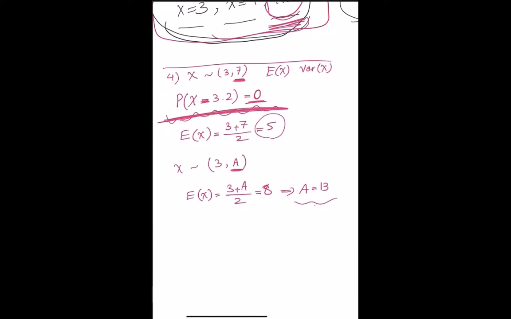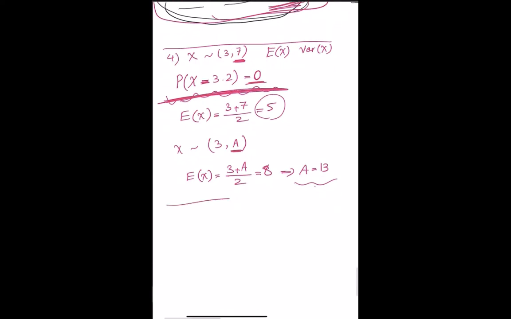What should be the upper limit so that the variance decreases to 0.75? Just do similar calculations. Variance of X is (b minus a) to the power of 2 divided by 12, which is 7 minus 3 to the power of 2 divided by 12. I believe that's going to be 4 over 3 or 1.3. And we want this variance to go to 0.75. So what should be the upper limit?